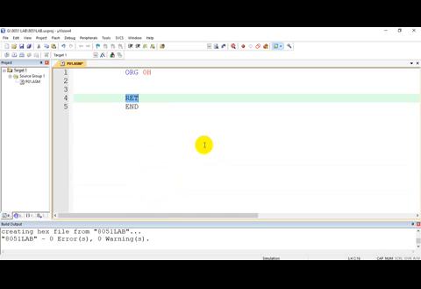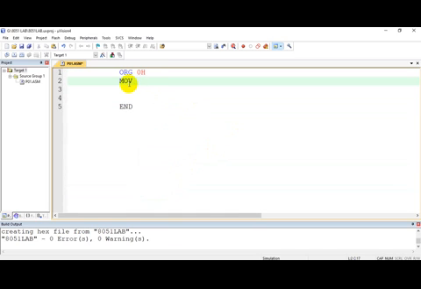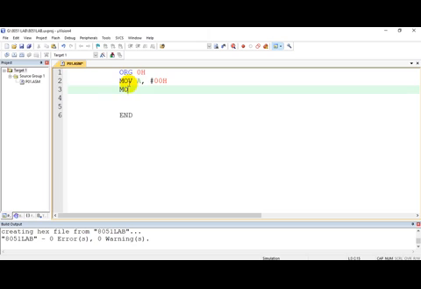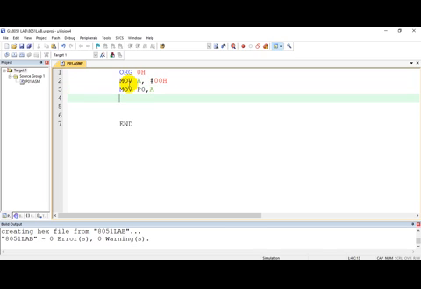So let's write the program. First I will initialize. This is for the two-digit hexadecimal up counter. Let me initialize the accumulator with #00H and move port 0 comma accumulator, so the first count is moved.